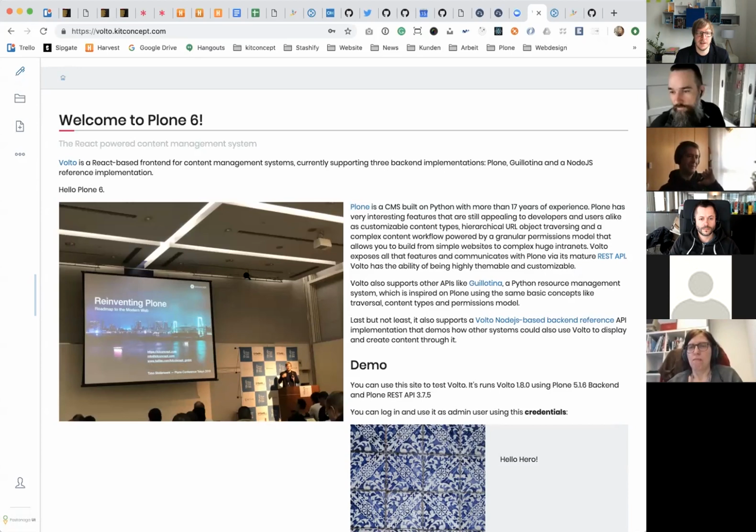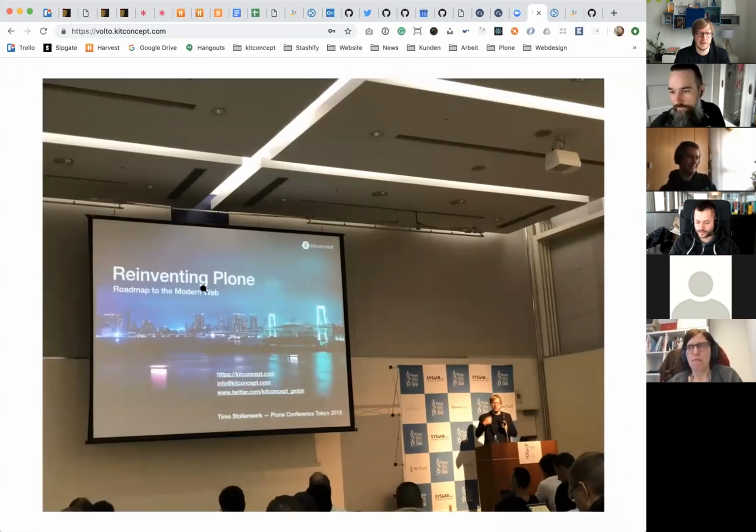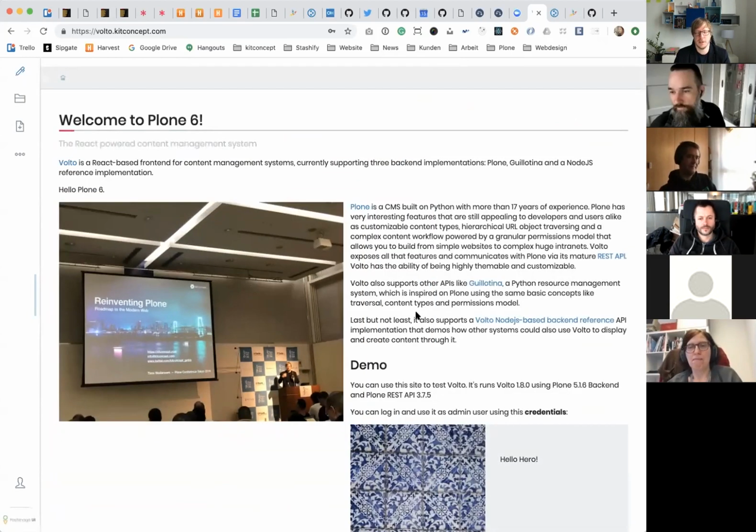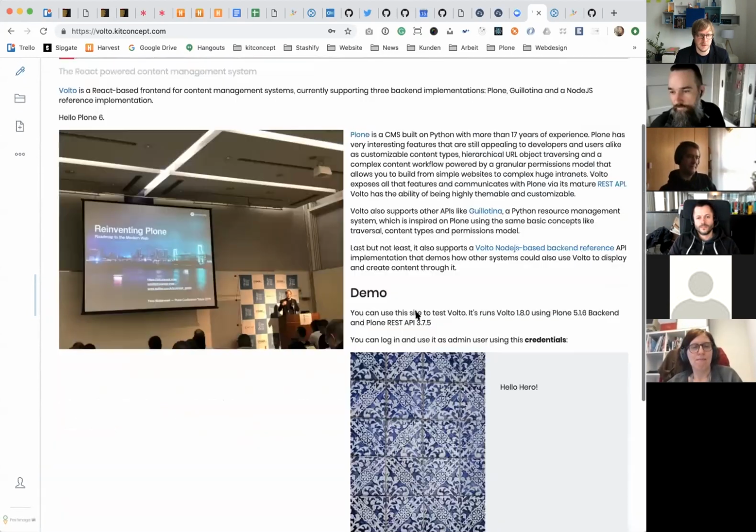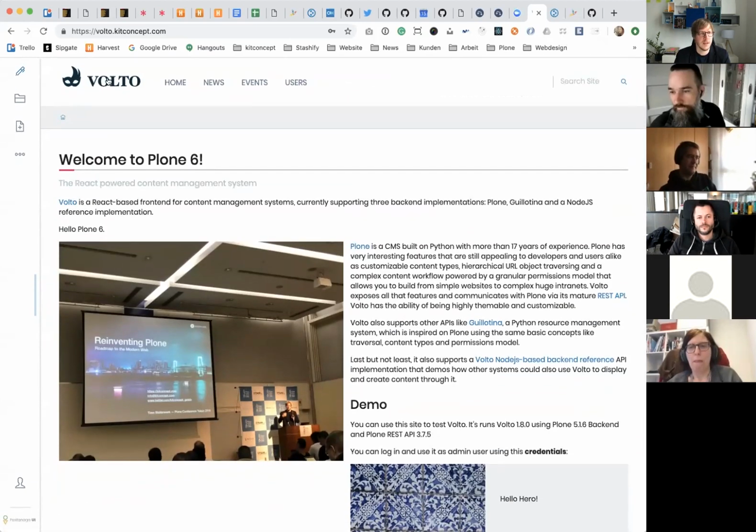A few niceties about React. You can just zoom in on an image. That's just the React library that we use. That's a cool thing about React. You can add libraries there. And that's the basic walkthrough of Volto, I guess. Rob, Victor, did I miss anything important?